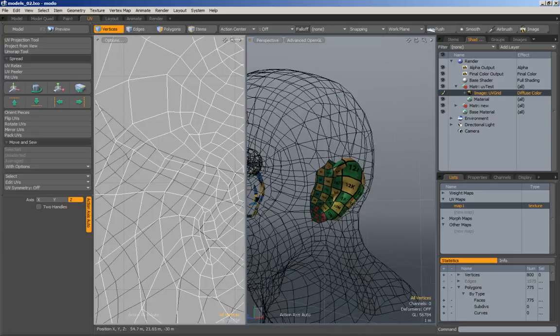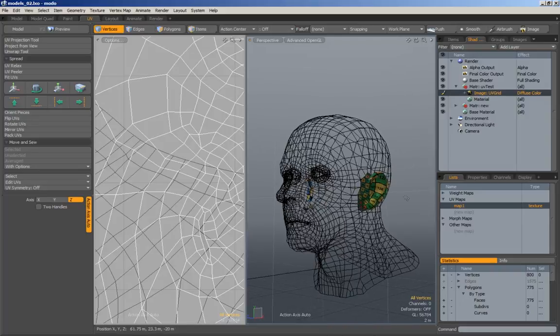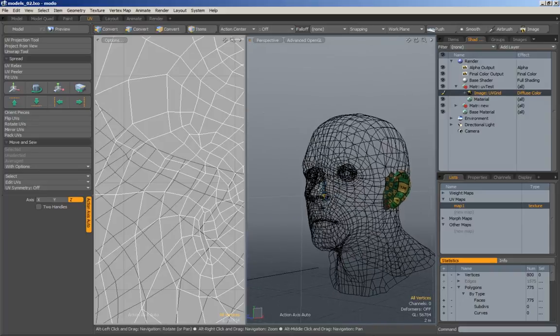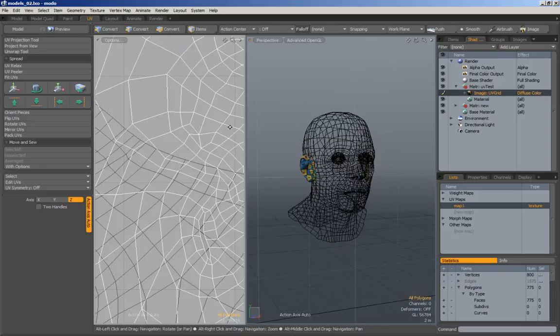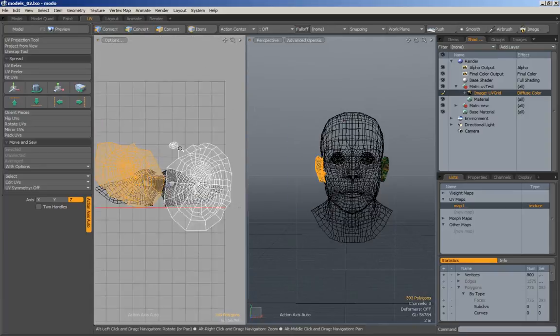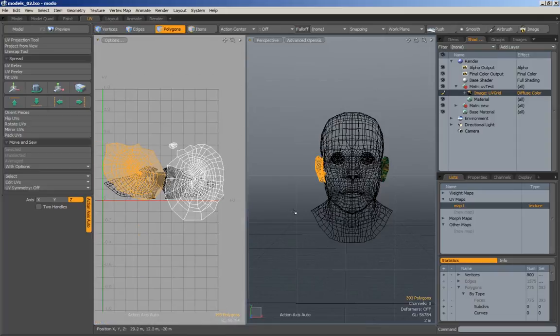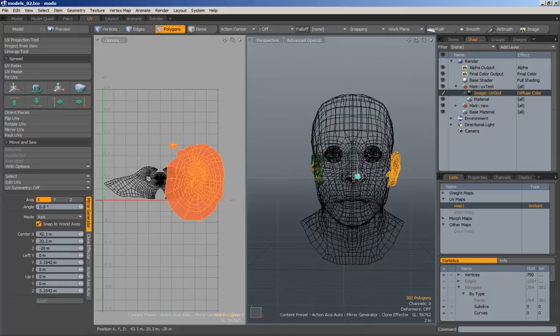Anyways, I have a few more polygons here now, but I don't know. I mean, it is the ear. I'm not going to bother too much, and of course, considering my other ear is not looking very attractive right now, I might want to delete that, mirror it over,